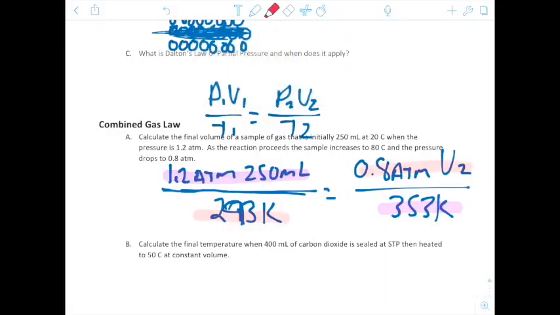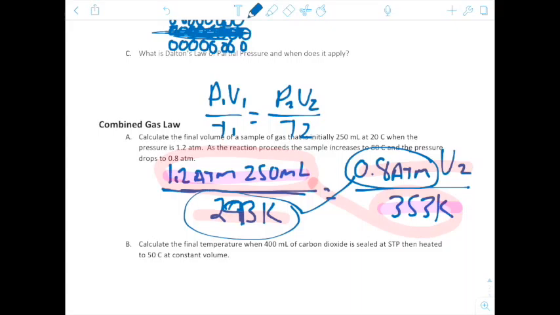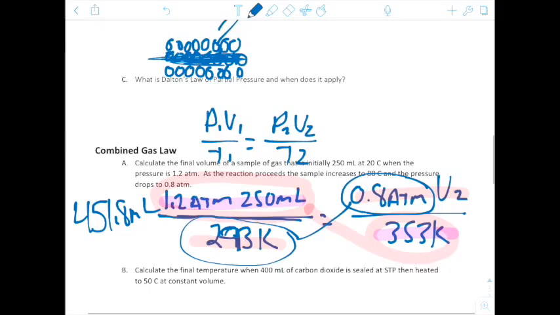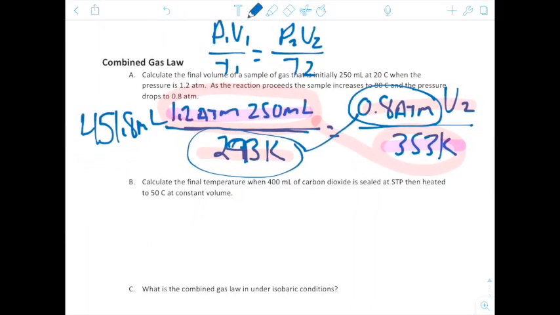And then what we will do is we'll take the answer that we multiplied in purple and divide it by our 1.8 times 293. We'll divide that out, and we should get a volume of 451.8 milliliters. Next problem, it says calculate the final pressure when 400 milliliters of carbon dioxide